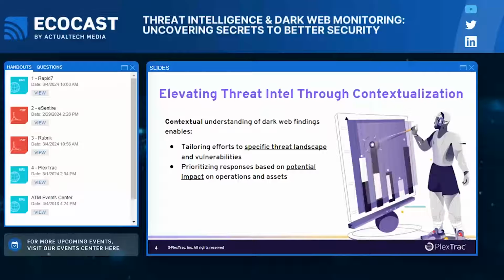The final one is understanding how you're going to respond based on the potential impact to your own operational assets. For example, if you know continuity is really high on a certain web application or certain asset, then you're going to respond very differently if you find a potential threat through your threat intelligence feed or dark web against that particular asset. And how you validate it and respond to it is very different to how maybe you do the IPs. Some will be really easy. I'm not saying everything needs to be really difficult. For example, you can automate a lot of this as well.